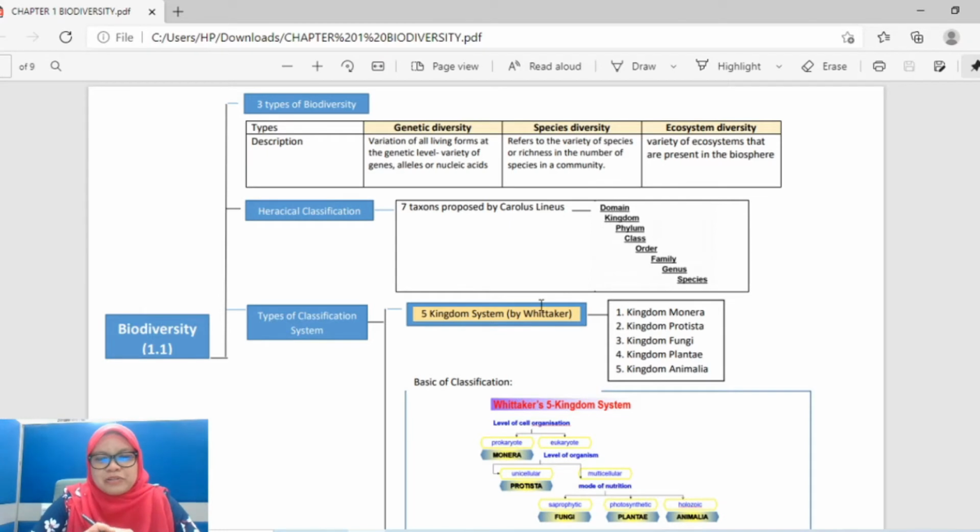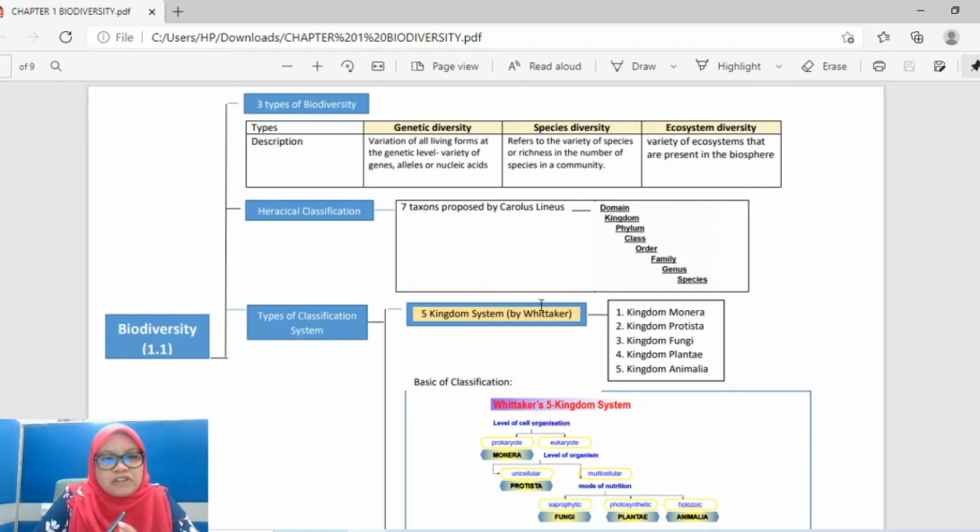Hi, Assalamualaikum warahmatullahi wabarakatuh. Okay, in this video, I'm going to explain subtopic 1.1, 1.2, and 1.3. Okay, let's start. Biodiversity is a very interesting chapter because we're going to know how the species in our universe are classified. So, ini kerja yang sangat menarik untuk kelaskan spesies, meletakkan spesies itu dalam kingdom, dalam kelas dan sebagainya. Okay, untuk subtopik 1.1, apa yang kamu kena tahu is three types of